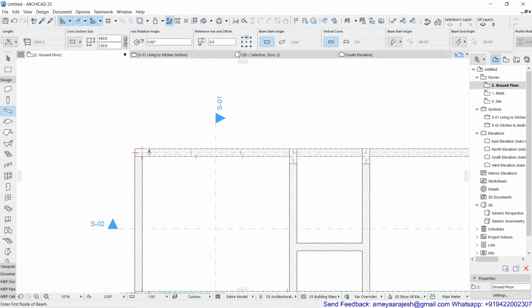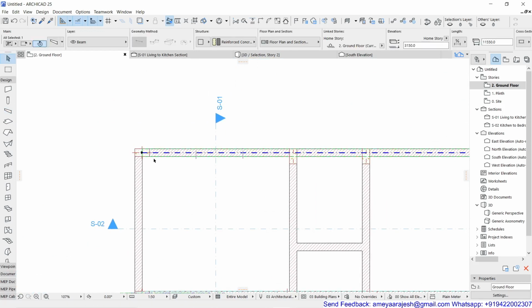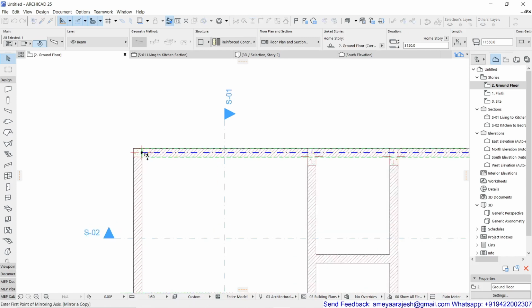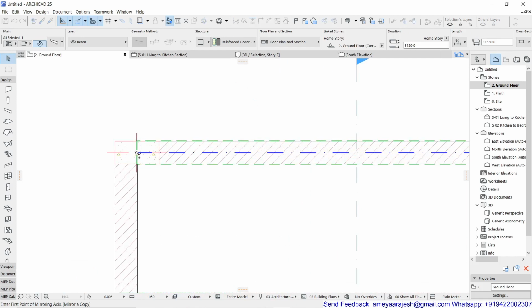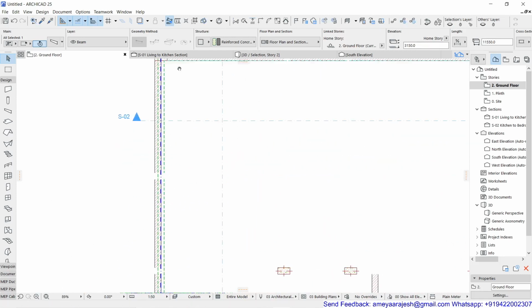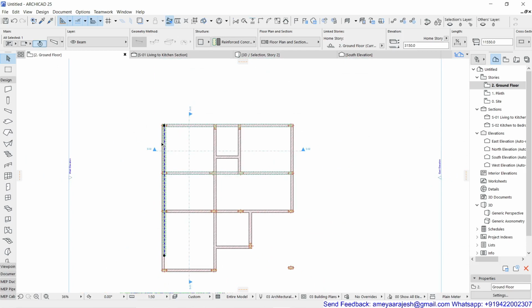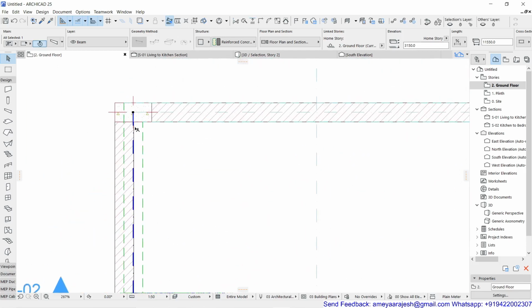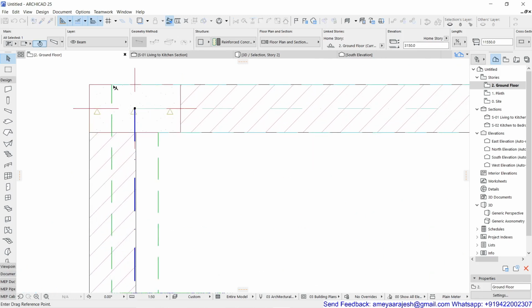What I normally follow is keeping this center axis constant everywhere. Say for example, I press Control Shift M, first mirror this, then to place it on the right location, I can use Control D and drag, with the check mark exactly on the required location.